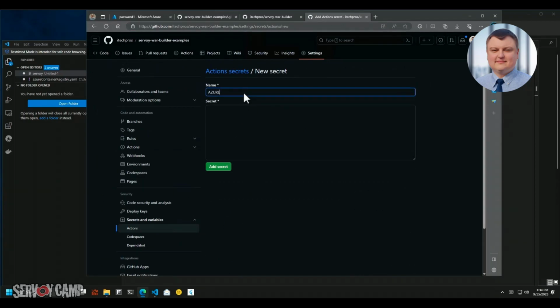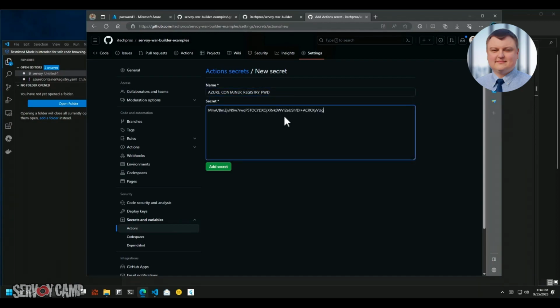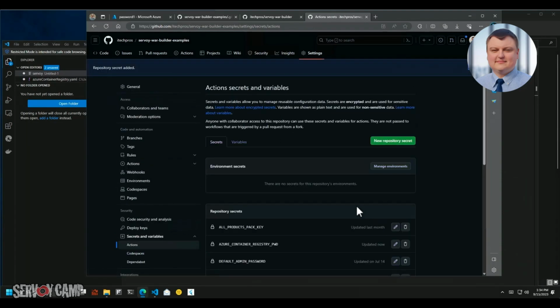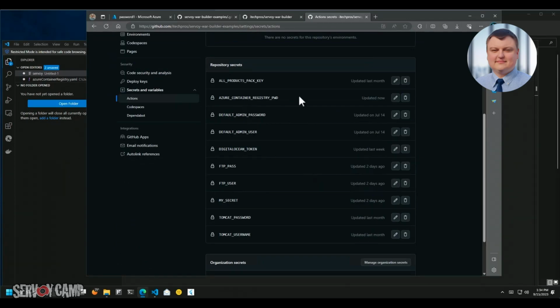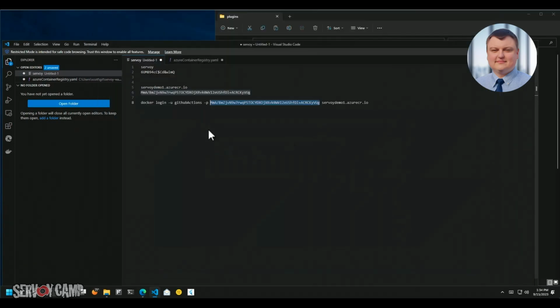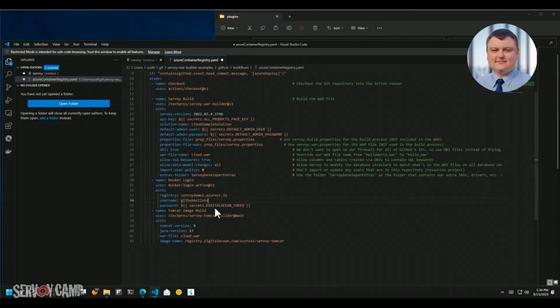And we'll call that Azure registry password. I'm just going to copy that for good measure. There we go. You can see that's been added. So now we come back to our YAML file. I'm going to do secrets dot Azure container registry password. All right. So then that's going to get it logged into the Azure container registry, and then we're going to